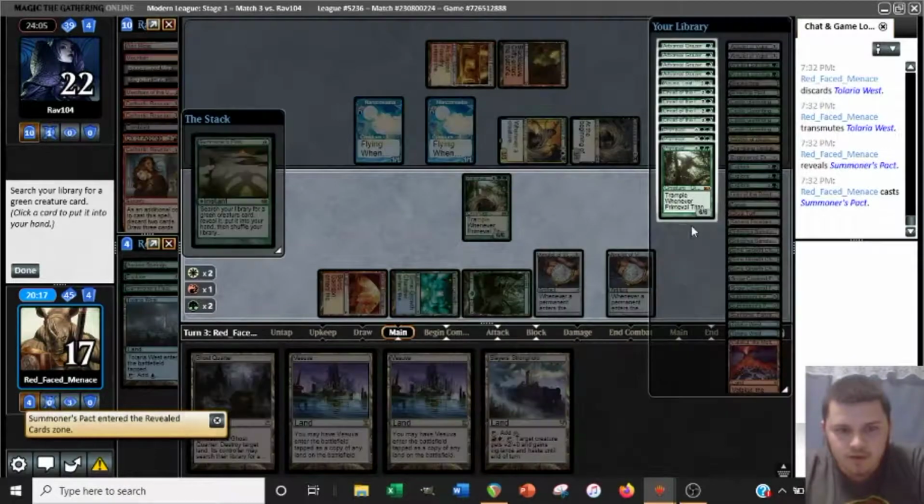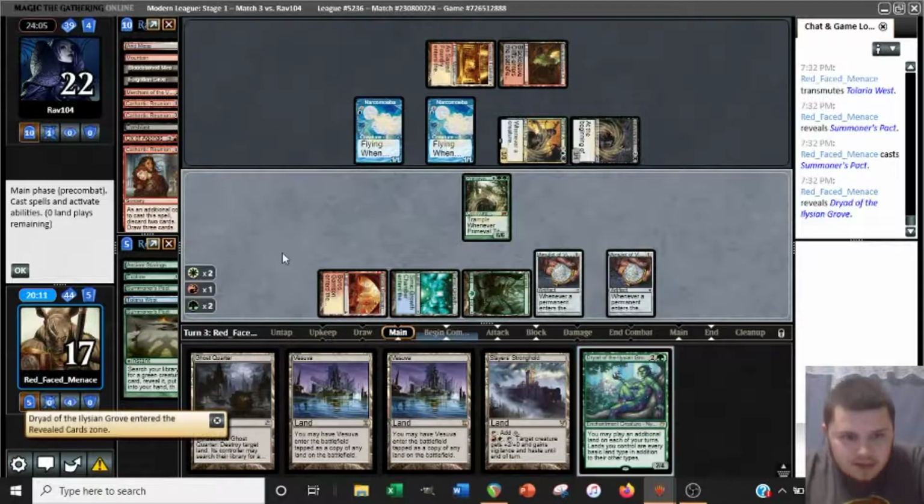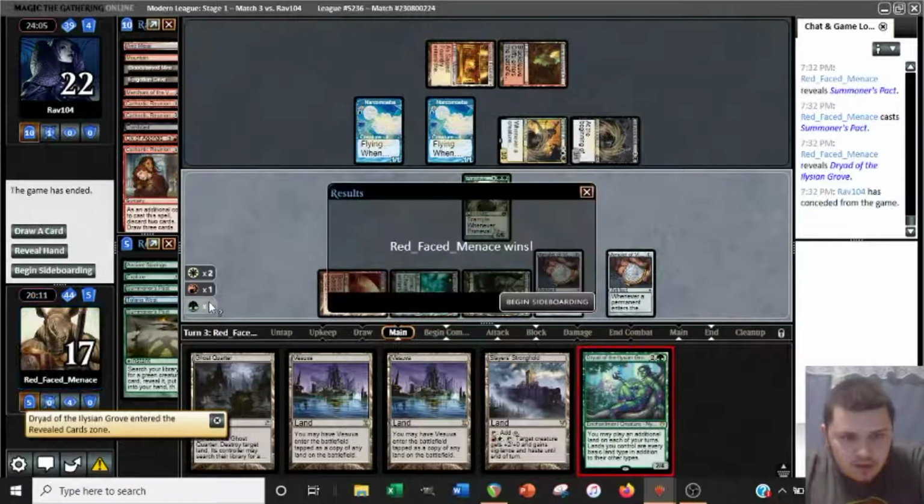Yeah, we just need to make sure we float a red and white here off of this when we cast this Dryad. So we want to use...